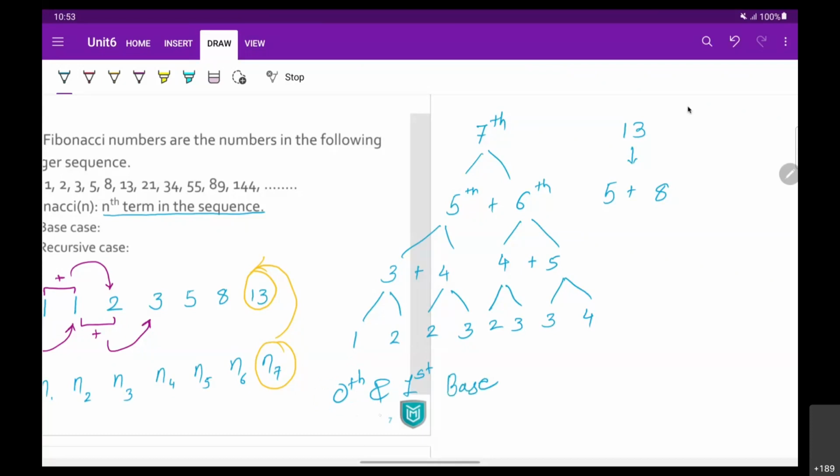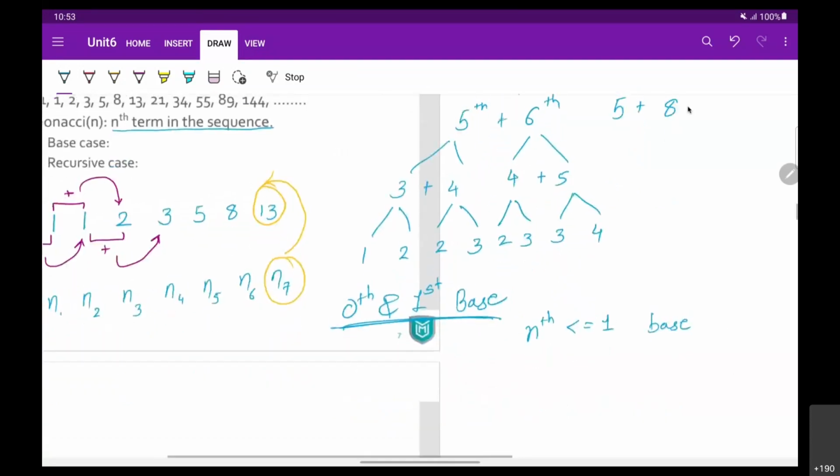These two are the base cases. So if we are finding nth term and the value of n is less than or equal to 1, then it can be our base case. Otherwise, greater than 1, it can be the recursive case.